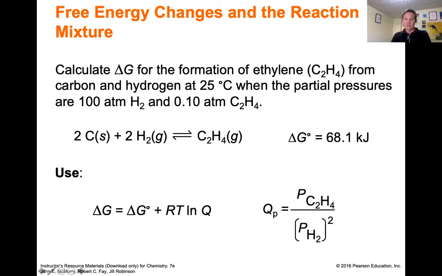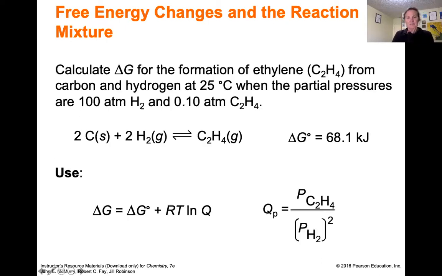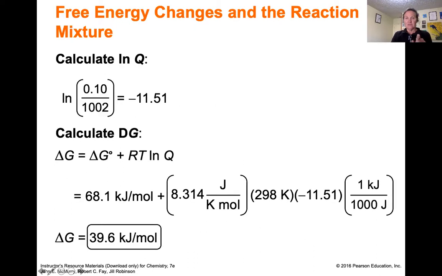Squared the hydrogen, yeah. Oops, I think that shouldn't be a 2 there. Should be 0.1. So the pressure of the acetylene is 0.1, and then the pressure of hydrogen is 100 atmospheres. So the denominator here should be 100 squared. It shouldn't be 1,002. And hopefully, let me just check and see if they did the math right. They did the math right, they just wrote it wrong.